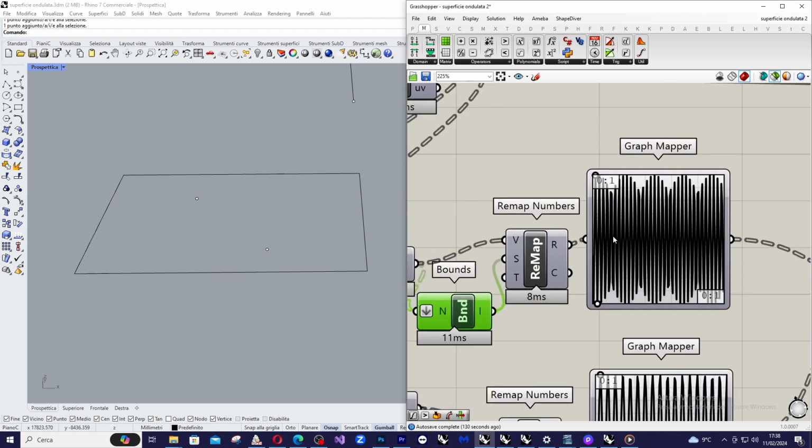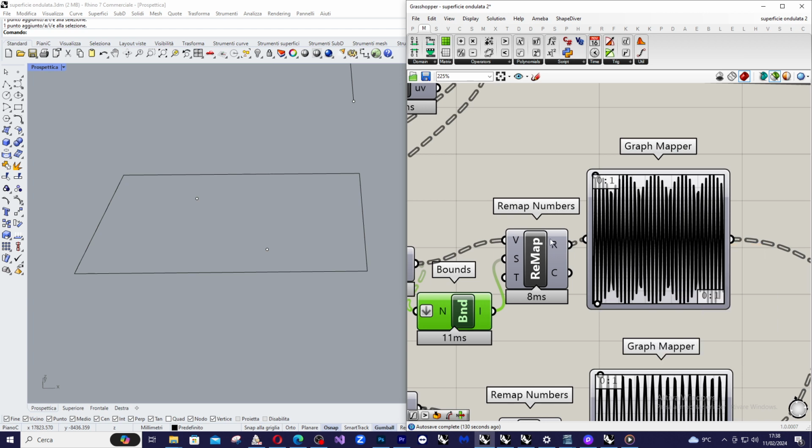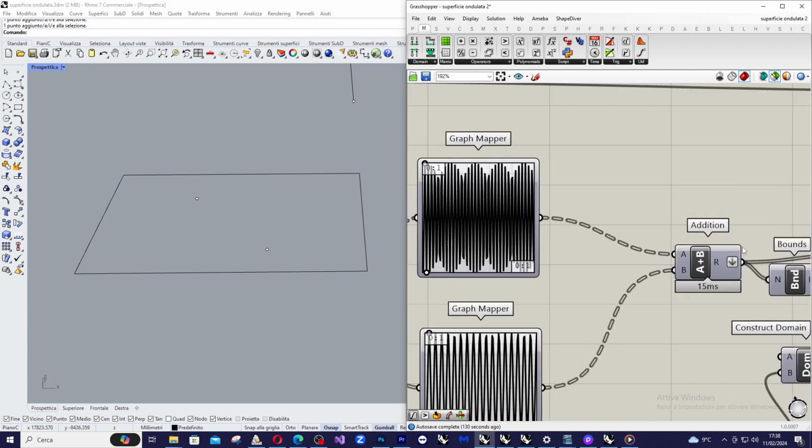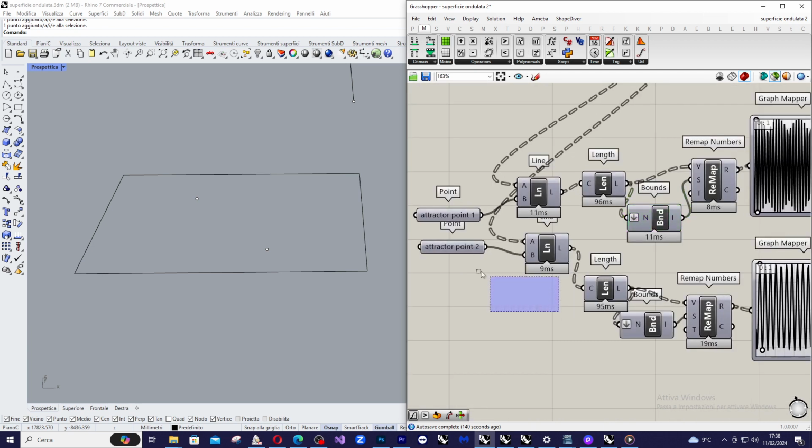After that we enter inside a graph mapper. In this case we use the sine graph mapper, and then we enter into an addition component. We do exactly the same for the second,